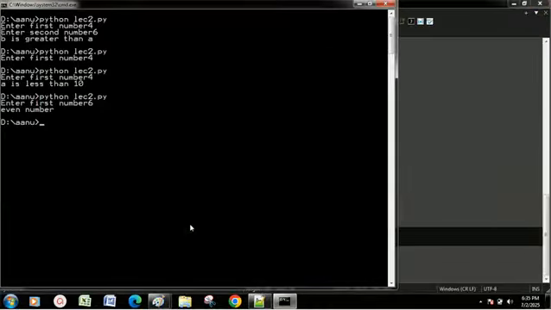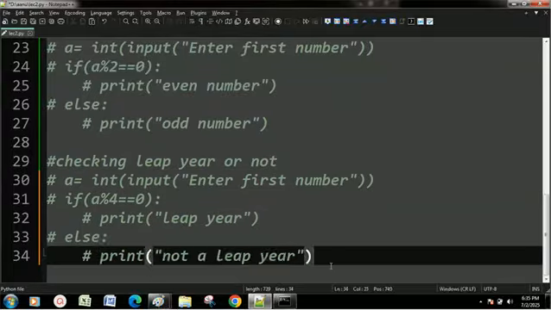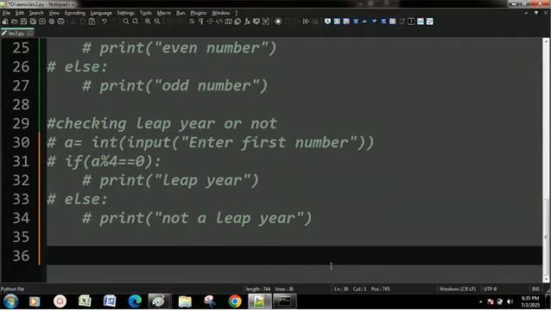Alright, so let's test this program. Let's say 2025. So it's not a leap year. Let's see another program